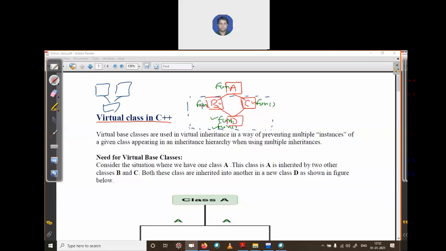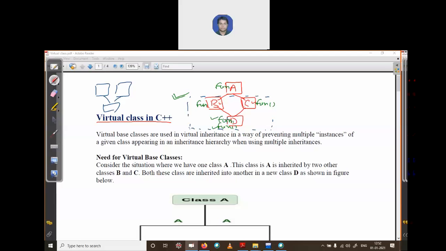If you need this kind of inheritance in your program, but the concept is not possible in C++, how can you do this?